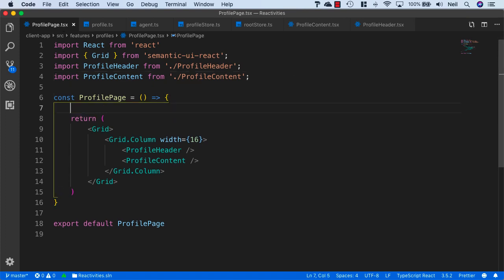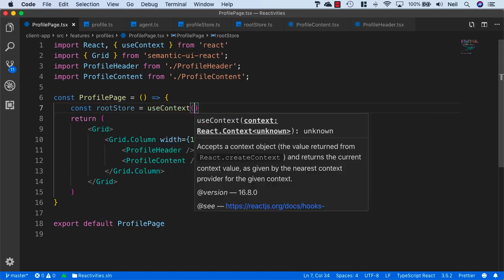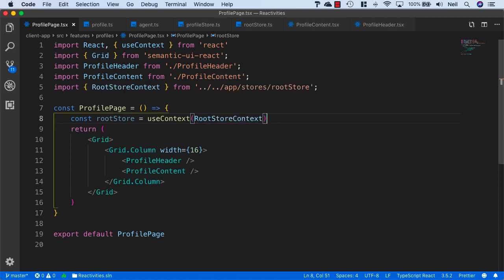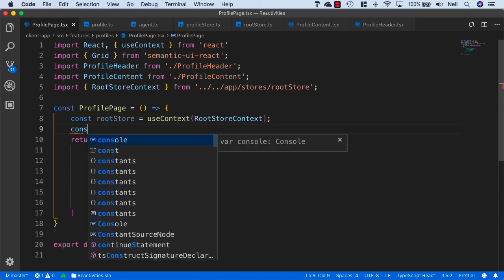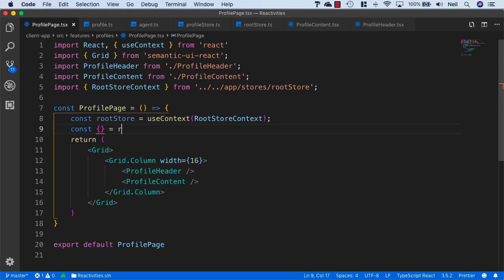And just as we've done before, let's add a const for the root store, and we'll set this equal to useContext, and we'll pass in the root store context. Then we'll destructure what we're going to get from the root store.profileStore, and in this case what we need is the loadingProfile and the profile. We also want to bring in the loadProfile as well here, because when we access this page we want to go out and actually load our profile,